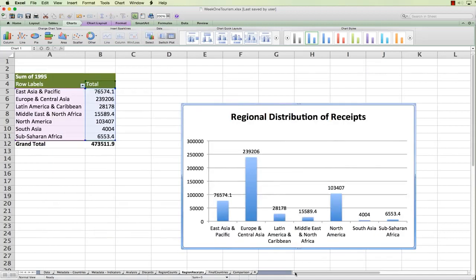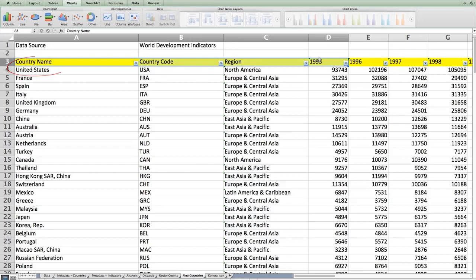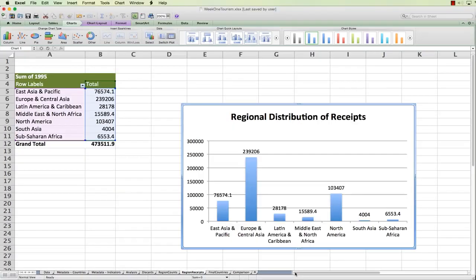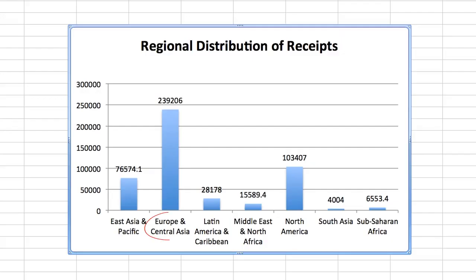So even though the US is the clear topper in its receipts, if we were to study the countries region-wise, Europe and Central Asia stands the tallest in terms of its tourism collections. Wow, India's is flat like a pancake. Yeah, Liza, there's miles to go before we sleep.